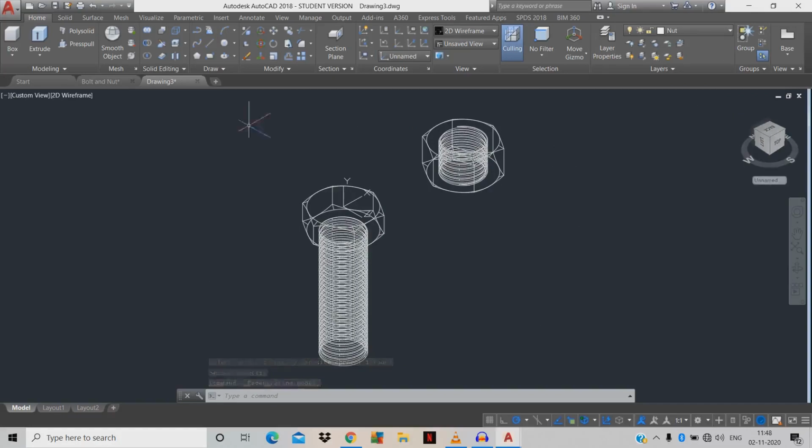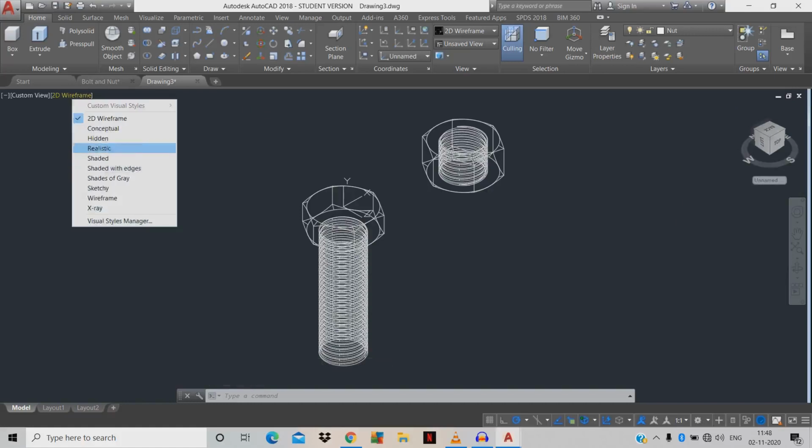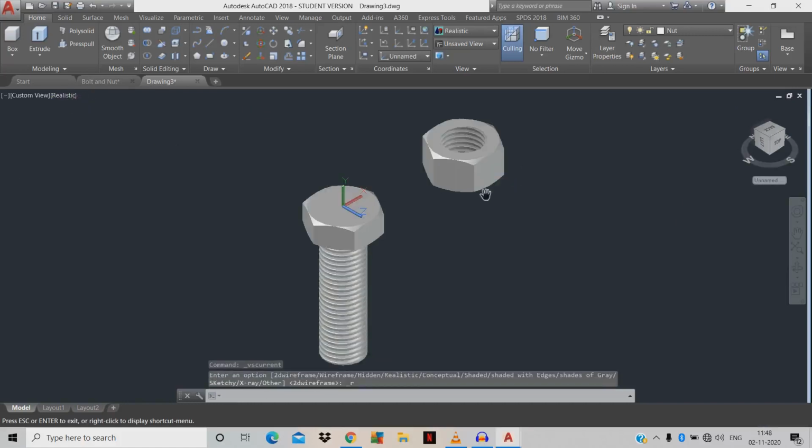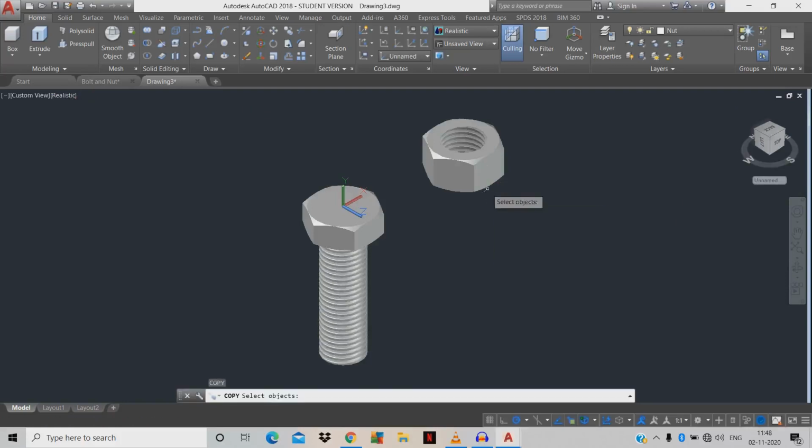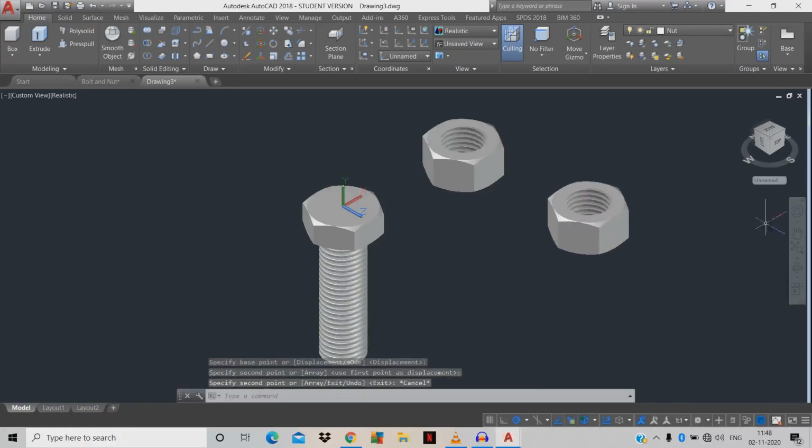Now just change 2D wireframe to realistic to know. CO space. Click the nut over here. Just drag it over here. Front view.